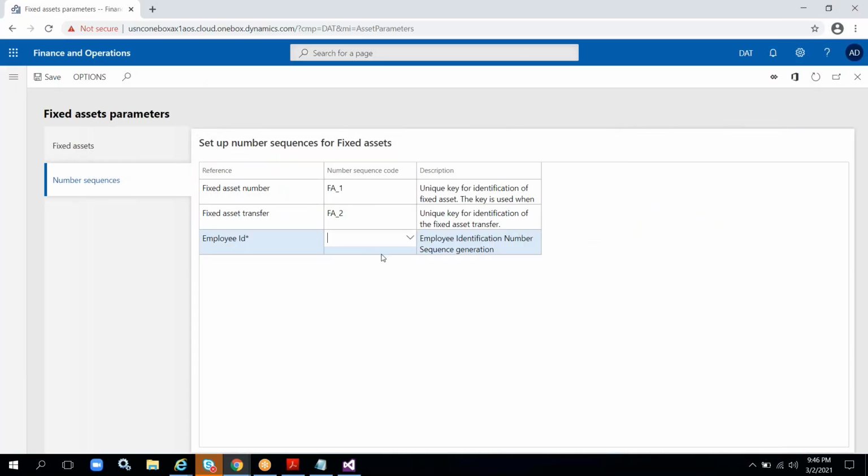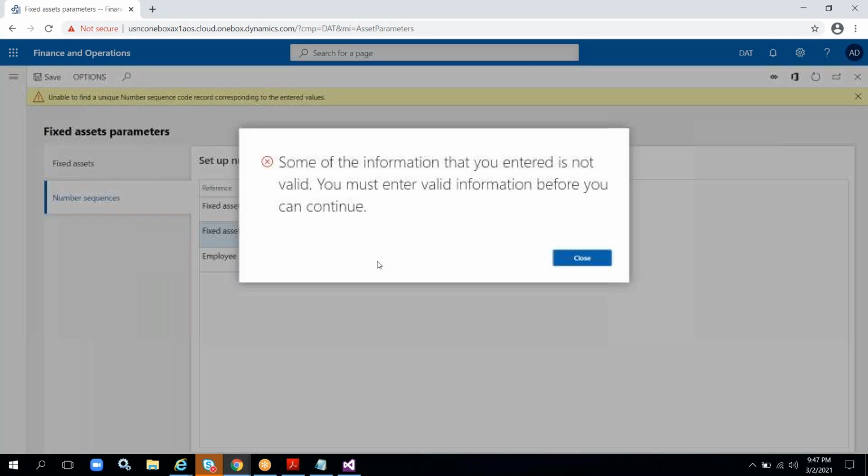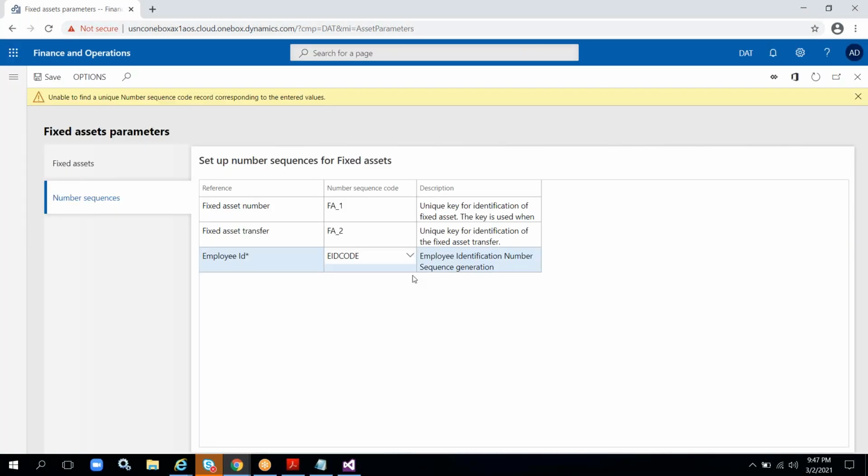Okay, now we have successfully created a record and we need to select the number sequence code. Do you remember the number sequence code which we created initially? EID code. EID code. Okay, let us search EID code. I think you did not create it in that company. You should change the company. Unable to find a unique number sequence code corresponding to the